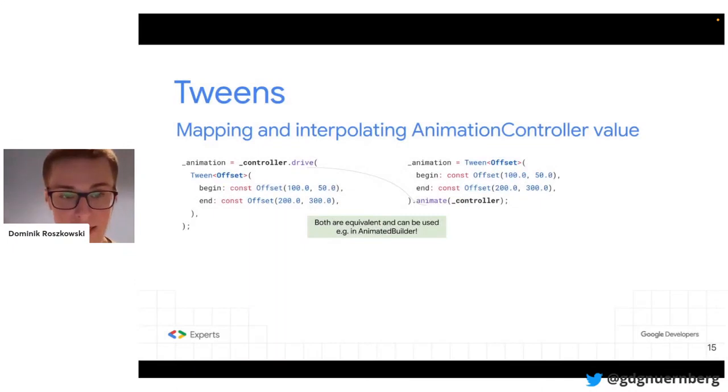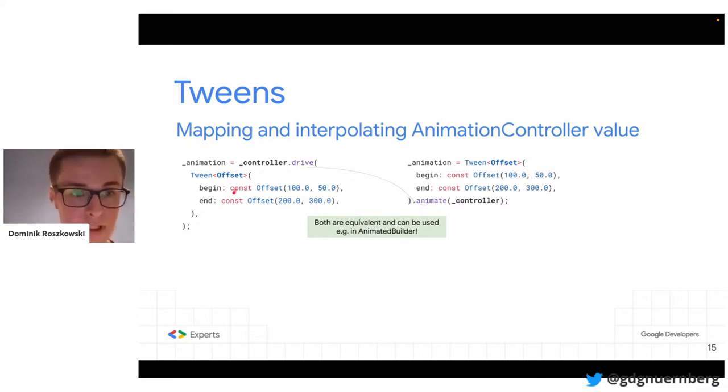other. So for instance, as I said a couple of minutes ago, animation controller will only have values between 0 and 1 unless you unbound it. But typically, the animation controller will be between 0 and 1. But if you have some values that are not 0 and 1, or maybe they are not linear, maybe you will have to go from 0 to 200 and then maybe to 500 or whatever. Or maybe you don't even have integers, but you have some custom classes that need to be interpolated. You will usually use tweens.